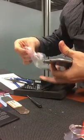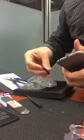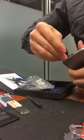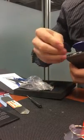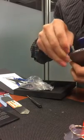You can use this plastic tool. Looks like a triangle, it's got different sizes. Oh, they gave us two. This kit is really well packed. It's got everything you'll need in it. Plenty of picks and plastic tools. So we're just going along the edge a little bit more,